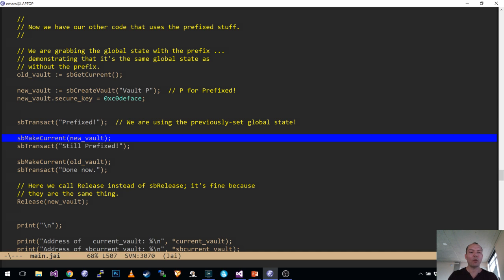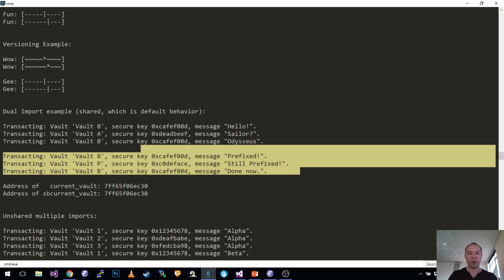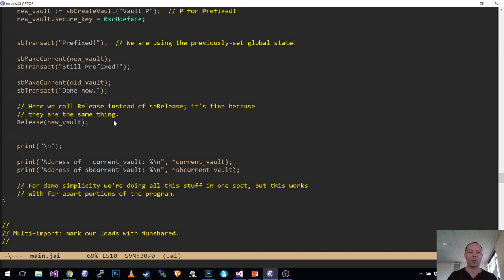And then I'm going to make the new vault current and transact, and then make the old vault current and transact. And the fact that we can do that, and here I'm not going to go through it, but look, it just worked, right? The fact that we can do that shows that we are sharing data and procedures. They're not different instances, right? So we can release the new vault,